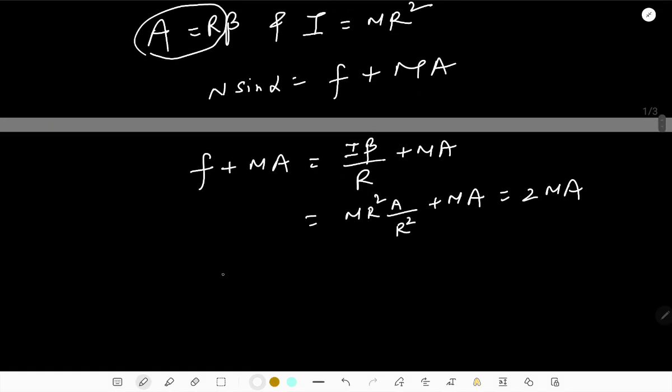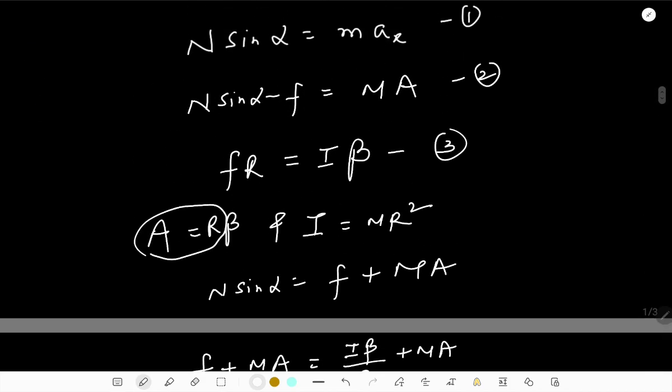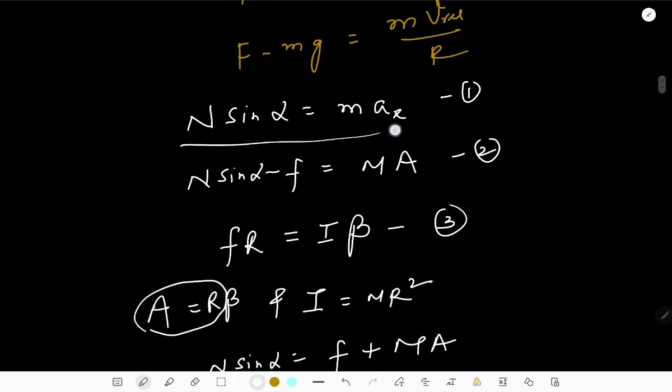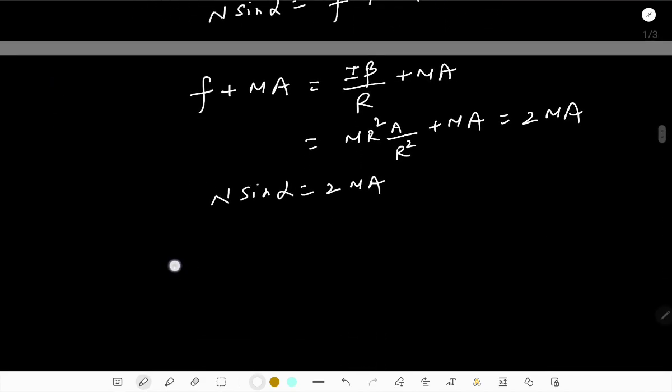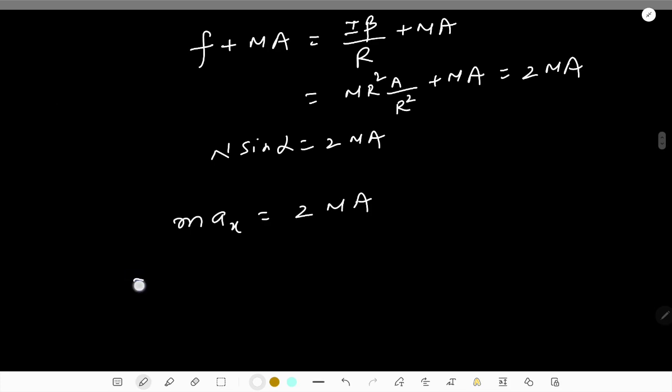So we have one equation, that is n sine alpha equals twice ma, and we already have equation 1 indicating n sine alpha equal to max. So we need to equate both n sine alpha values, and we could write here max equal to twice ma from these two equations. And if you would like to write m into